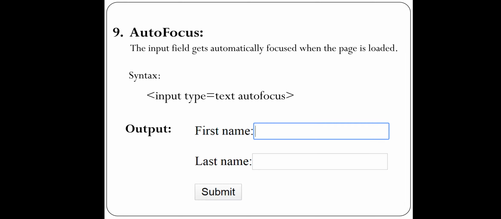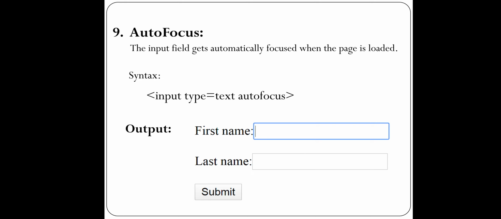Next, the ninth control is autofocus. Now this control is used to focus some control automatically when the page is loaded. We'll see with an example. Now in the output you can see I have two text boxes and one submit button. In the code for my first name text box I am using the autofocus feature, and for the second text box I am not using the autofocus attribute.